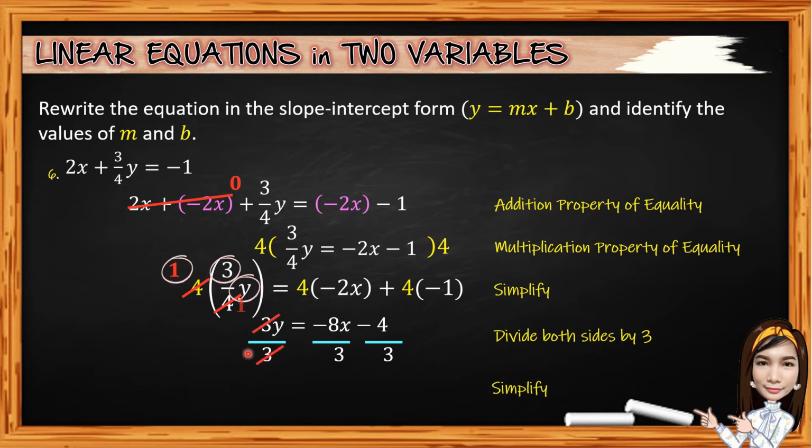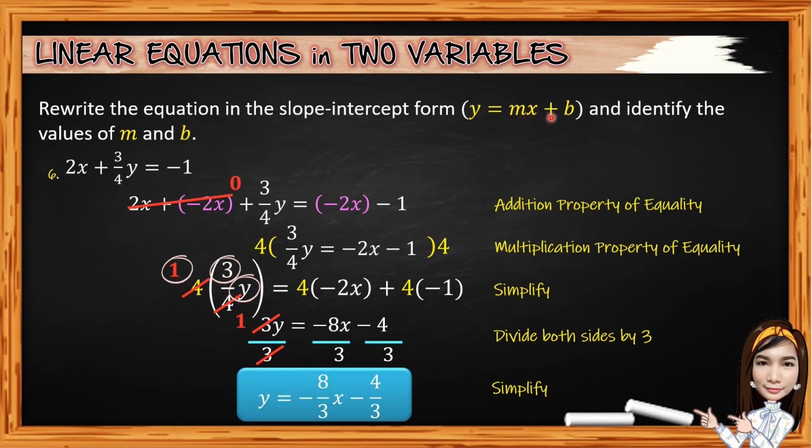3 divided by 3 is equal to 1 times y, we have y equals, if we have the negative on the numerator, we can write it a line on the fraction bar. So we have -8/3x. Then, same as -4, that negative can be written on the fraction bar, and that will become minus 4/3. So, y equals -8/3x minus 4/3 is in the slope-intercept form written as y equals mx plus b,